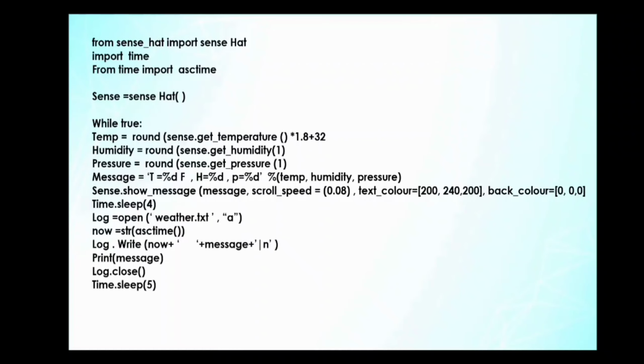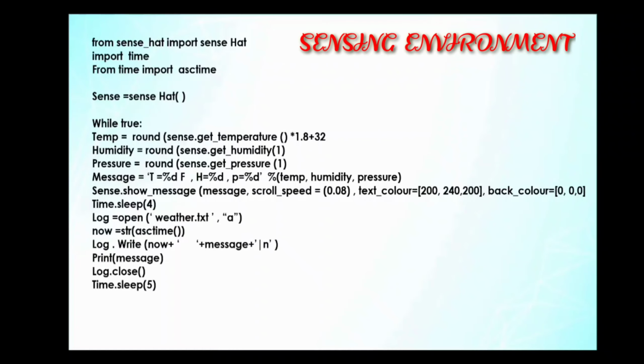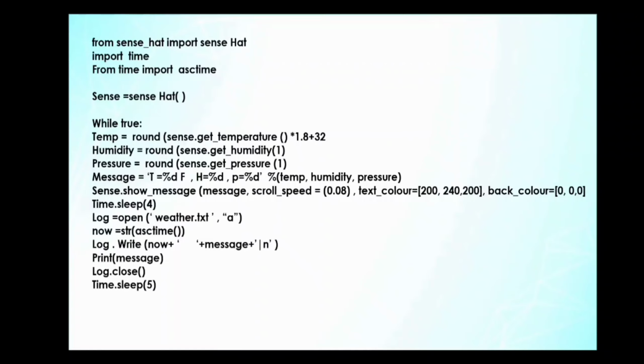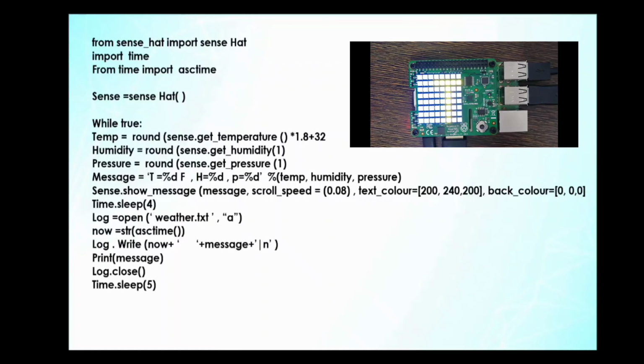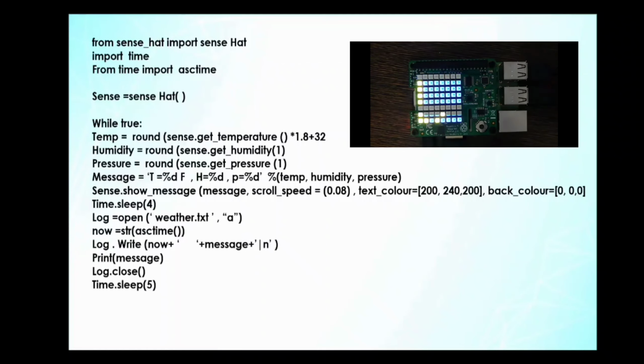This is the first program, where we are going to display the temperature, humidity and pressure of your surroundings and the environment. We are using these keywords to find those values. We are using a while loop, and we are initializing the sense as equal to SenseHat braces. For temperature, pressure and humidity we are using the keywords, and we are getting the values in the message box. Then we use the keyword sleep to sleep for 4 seconds, so as not to confuse the output and the values.